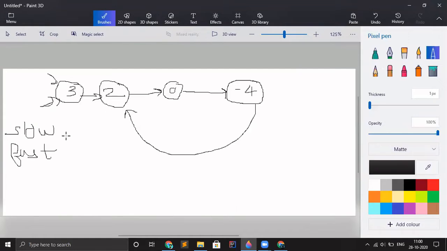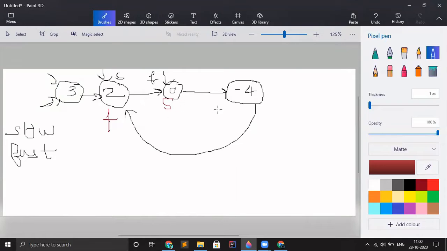So what we're going to do is move the slow pointer one step ahead, and as you know, the fast pointer will move two steps ahead. So it will reach here, and this is our fast and this is our slow. I will change the color a little bit. In the second step, the slow pointer will reach here, and the fast pointer will be here, because from here it moves two steps and reaches this position.